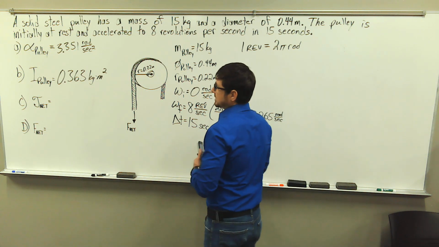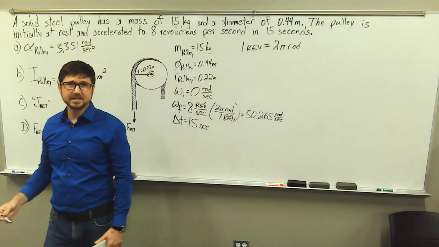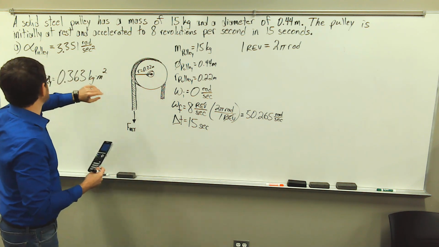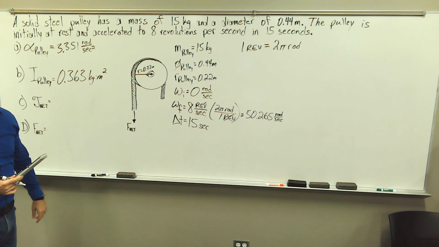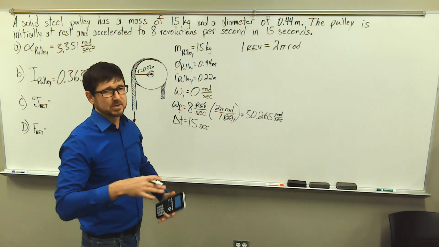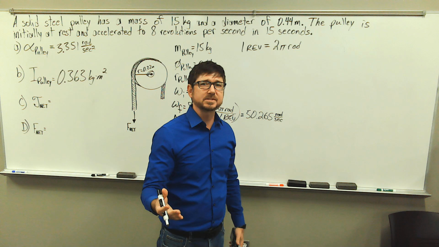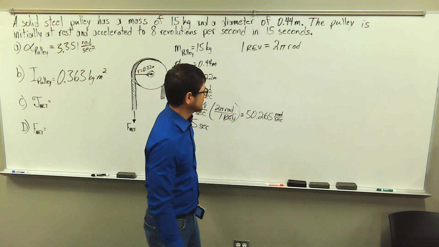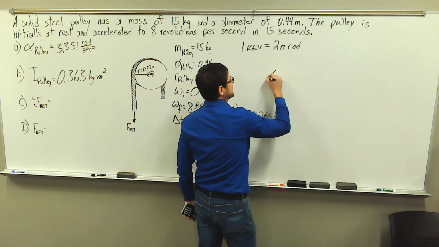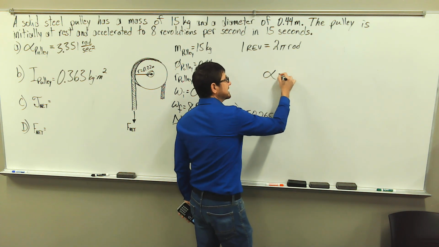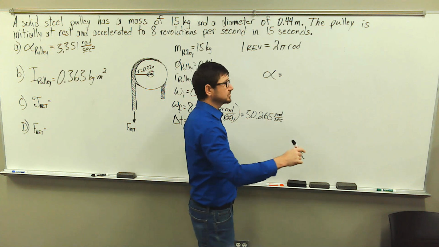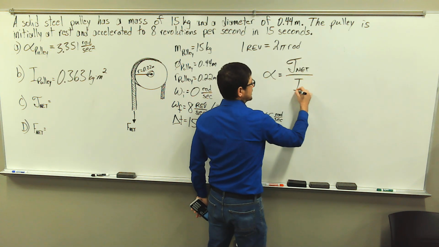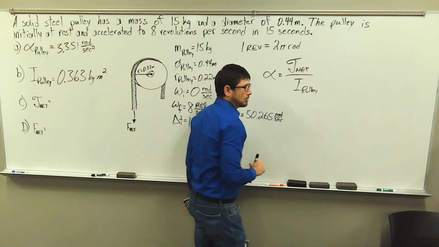Okay, next, the problem wants us to calculate the net torque applied to our pulley if we have an angular acceleration of 3.351 radians per second squared. So what we're going to do here is use Newton's second law for rotational motion. That says the angular acceleration of an object is directly proportional to the net torque applied to the object,